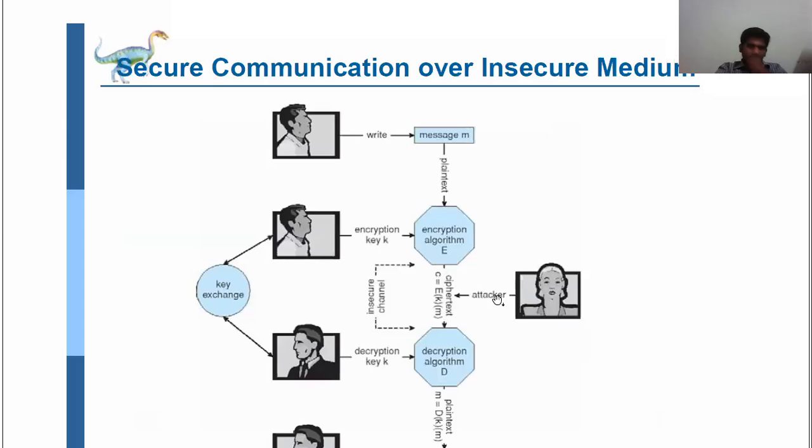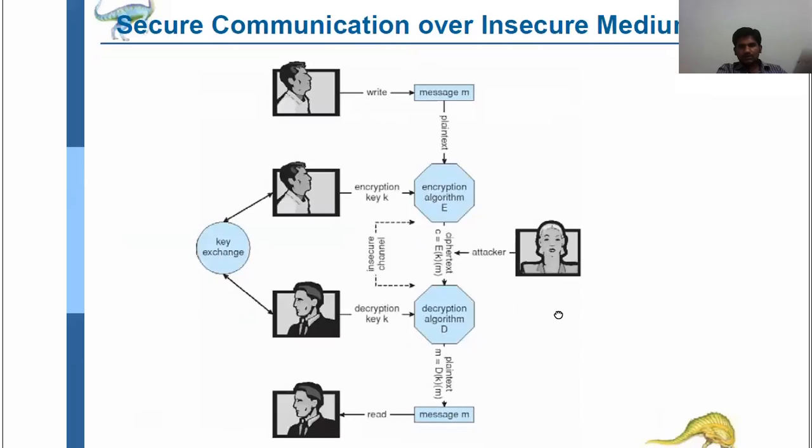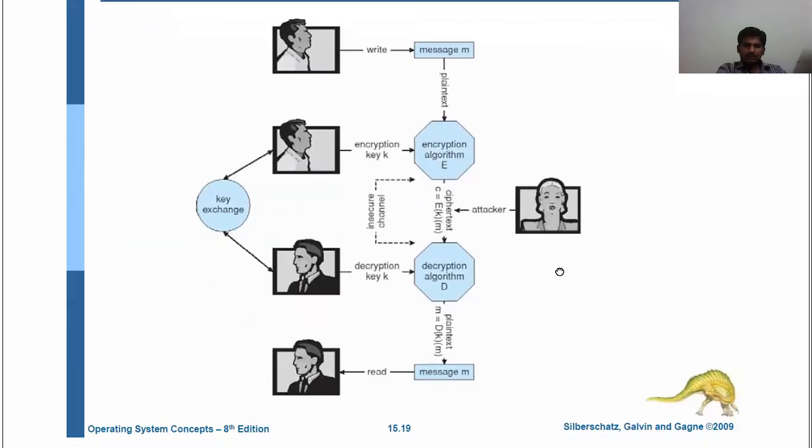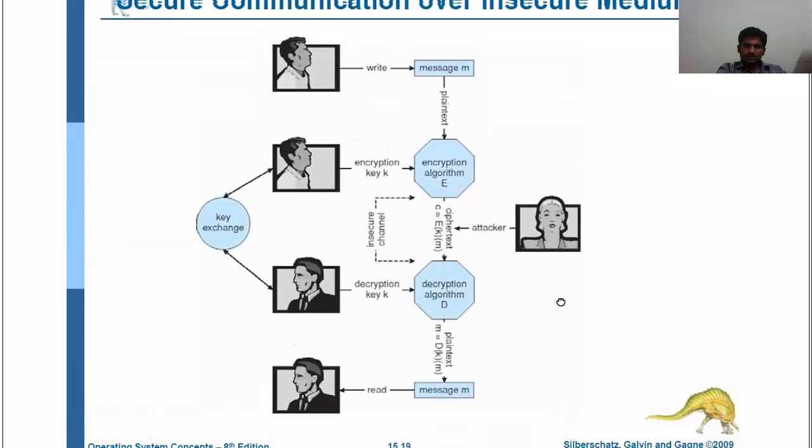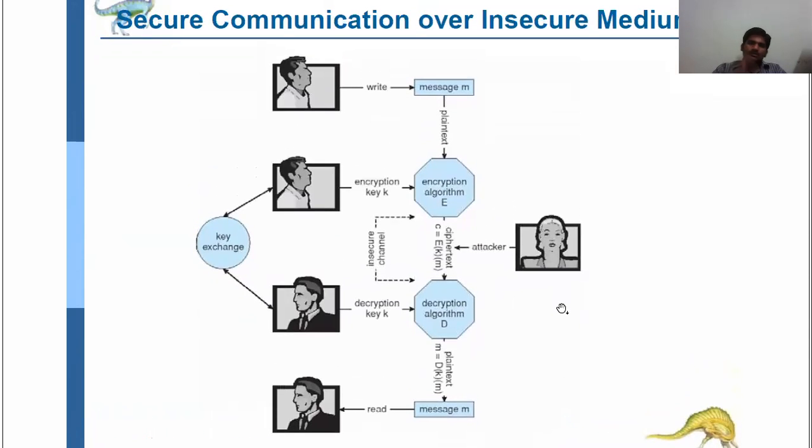Next, security: communication over insecure media. If we have insecure media, how will the communication be? For example, a person writes a message and plain text is sent. An encryption algorithm is followed and an encryption key is used. In between, the ciphertext C can be known by the attacker. Then we can easily